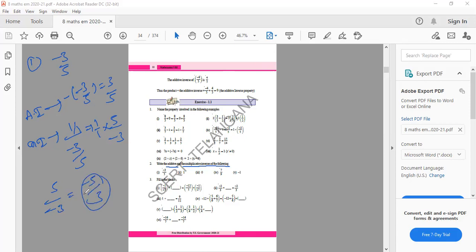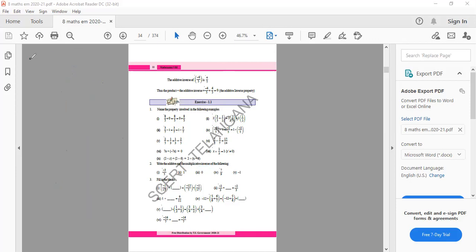Okay. This is the procedure. How I am doing the steps, you need to understand clearly. First question is clear. Now let us take the second question. Tell me what is the additive inverse of 1? 1 plus minus 1. Multiplicative inverse: 1 by 1 becomes 1 only. Multiplicative inverse. Clear?